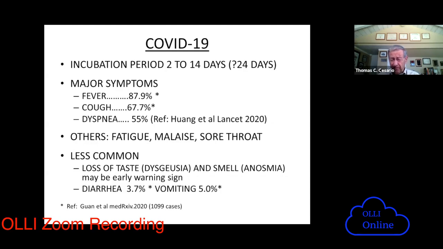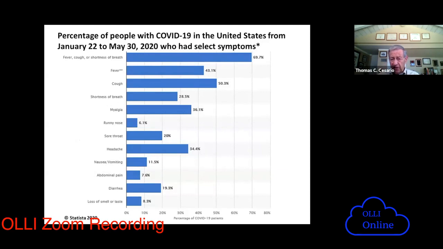Now, the next slide gives you a compilation of all of these symptoms and the frequency at which they were found. And this, again, is from a potpourri of different patients, but you can see fever, cough, or shortness of breath is found in at least 2/3 of these patients. It's closer to even 3/4. And again, this depends upon the population that you sample. Those who are more sick are going to have more of these, less sick will have less of these, but you can go on down and see runny nose, sore throat, headache, fairly common with this, and a smaller percent that get nausea, vomiting, or diarrhea, etc. Next slide.